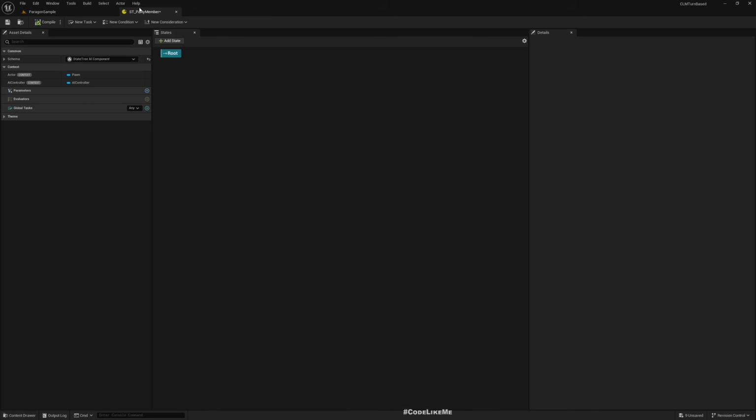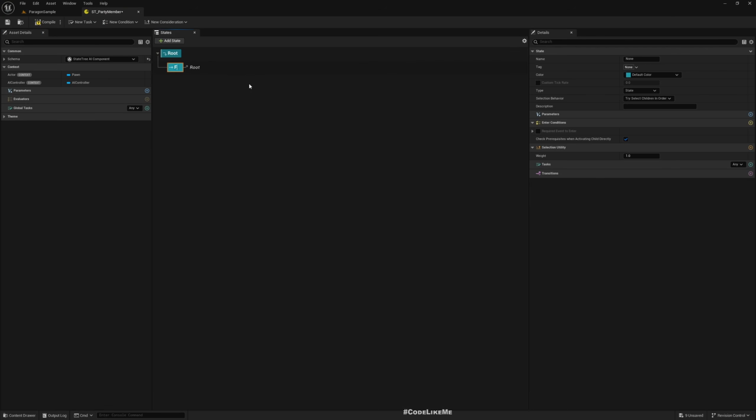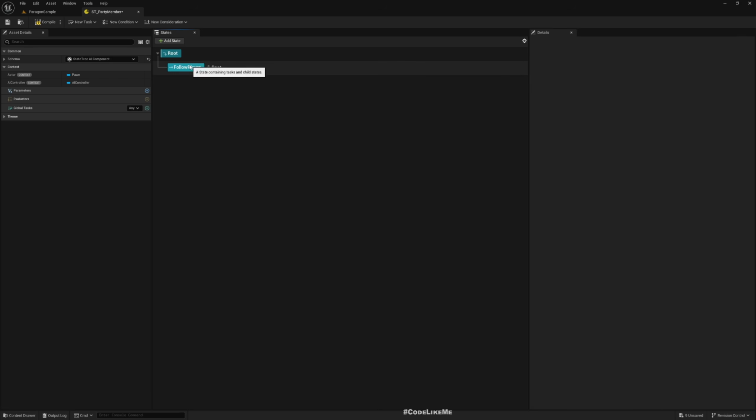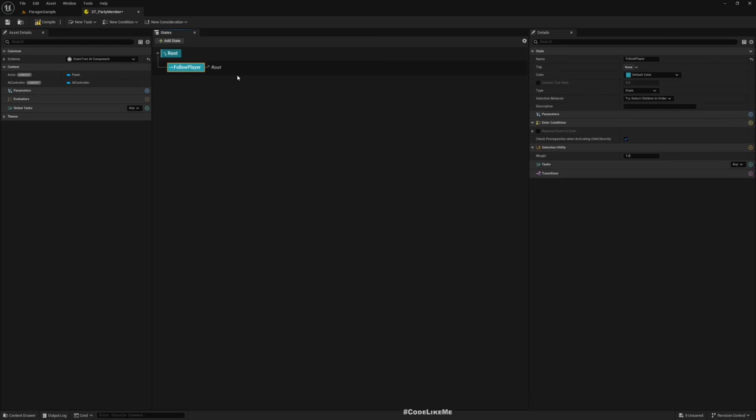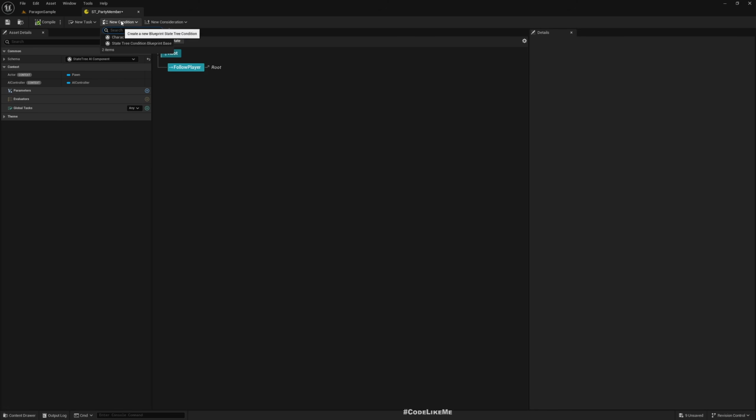Alright, so as I said, we just simply want the AI character to follow the player. Right, now I'll add a new state. I'll call it follow player. And so here we need to have a condition. We need the AI characters to follow the player only if player is away more than a certain distance from them. So we need to add that as a condition here. Now if you click this plus, you have a lot of conditions, but not exactly what we need to check. Therefore, I'll create a new condition,